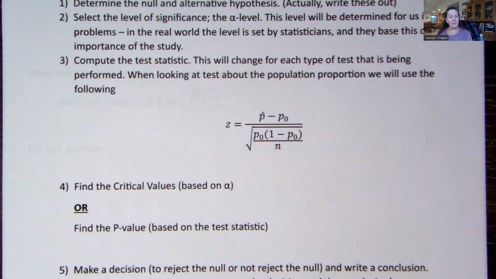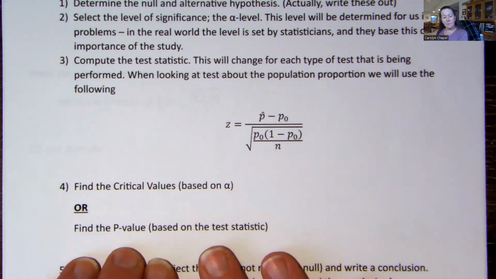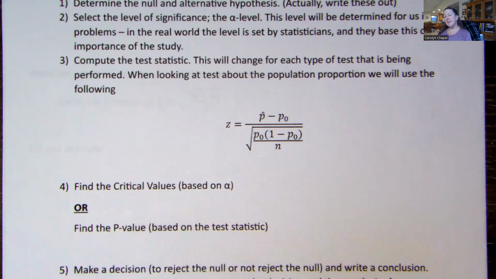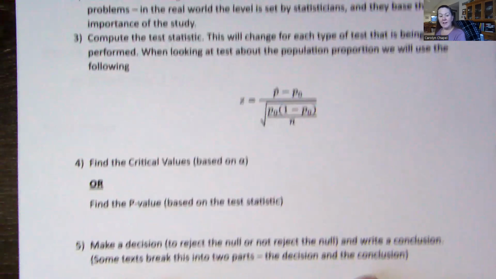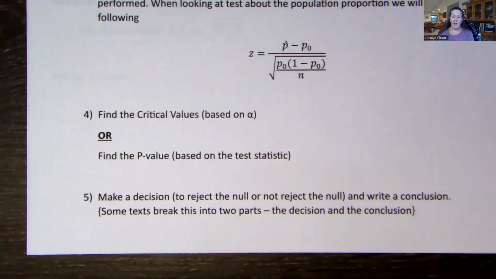In future videos, I may back off slightly and not do the p-value using tables, because, as you'll see in the next video, it's not as pretty as it is for finding critical values, but we will do both. And then step five is to make our decision to reject or not reject that null, and